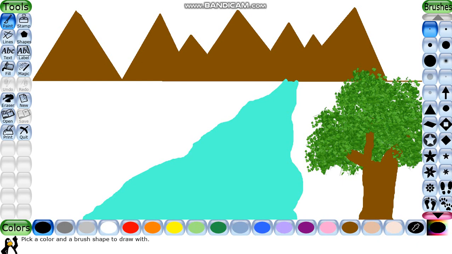If you want to draw anything which you want to show far in your picture, you can use this haze brush. It's up to you, wherever you want to use it. Like I'm going to draw grass over there. You can see it's looking a little blur.